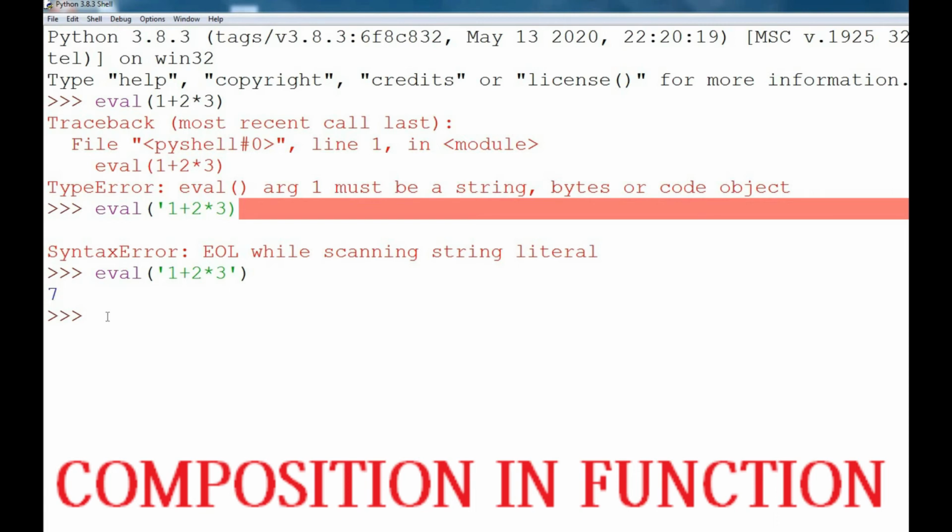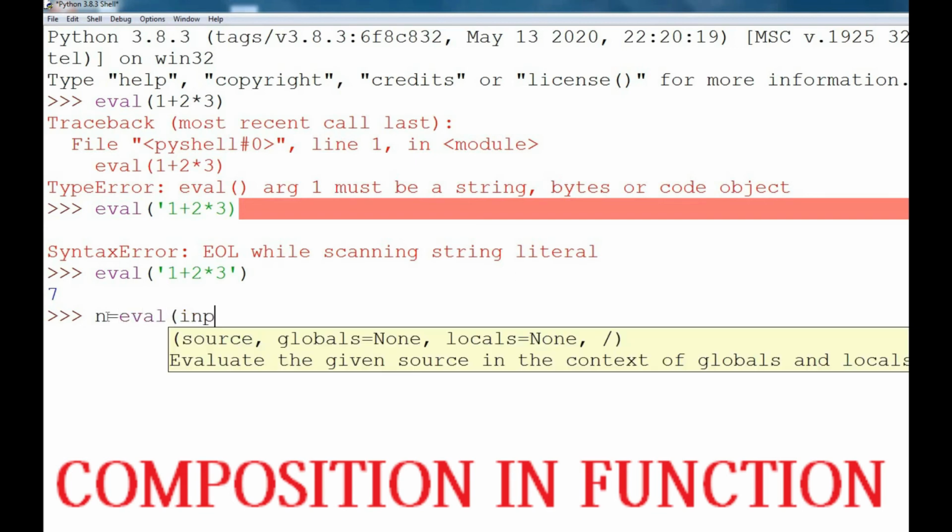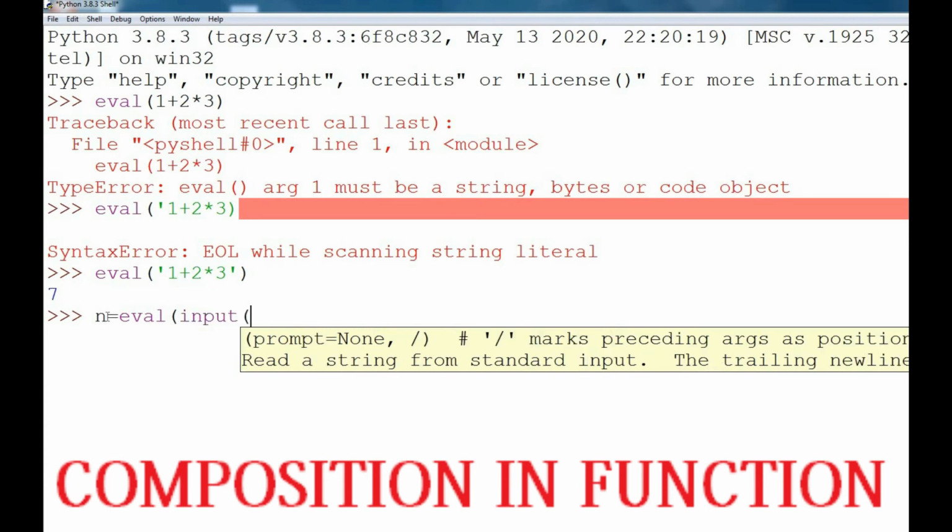Now let us see how composition of functions can be done. I am going to use the functions eval and input. n is equal to eval of input of "enter an arithmetic expression".